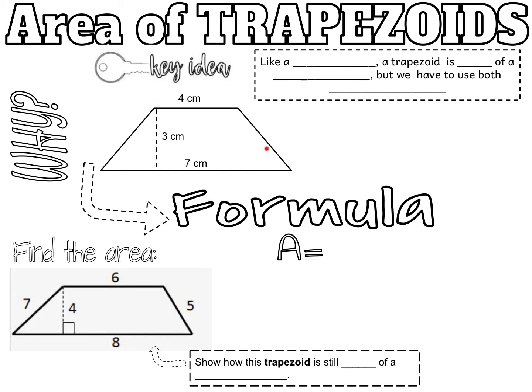To do that, I'm going to start just like we did with the triangle, and I'm going to take my trapezoid and think about copying it. So in my head, I have this picture and it's a copy. And I'm going to flip it over like I did with the triangle, and make it so it's connected with my current shape. If you're like, I don't understand what you're saying, basically what it's going to look like is I'm going to take this shape,